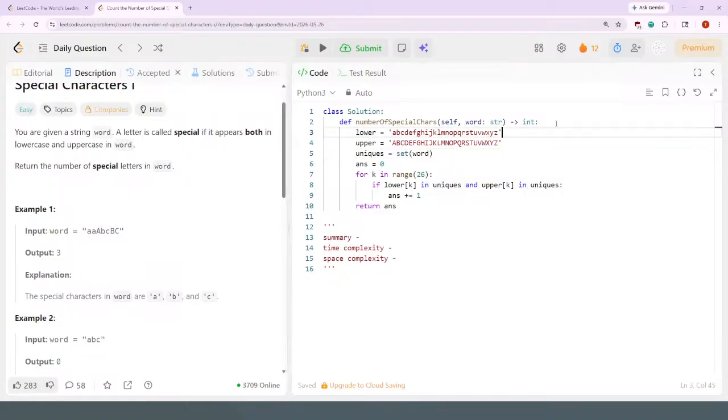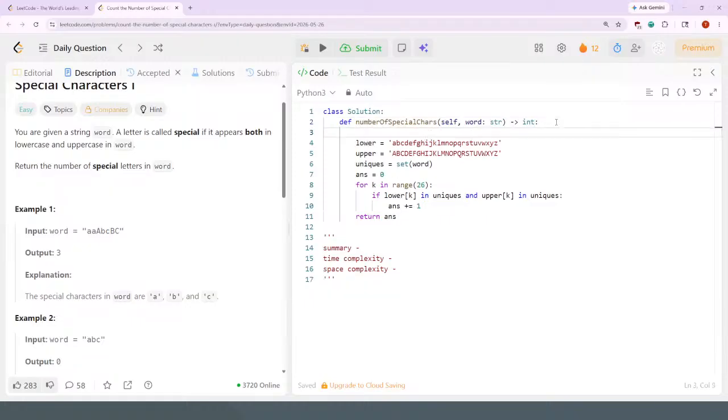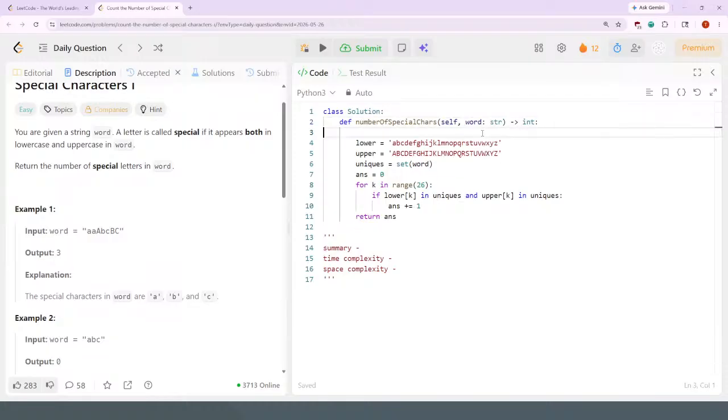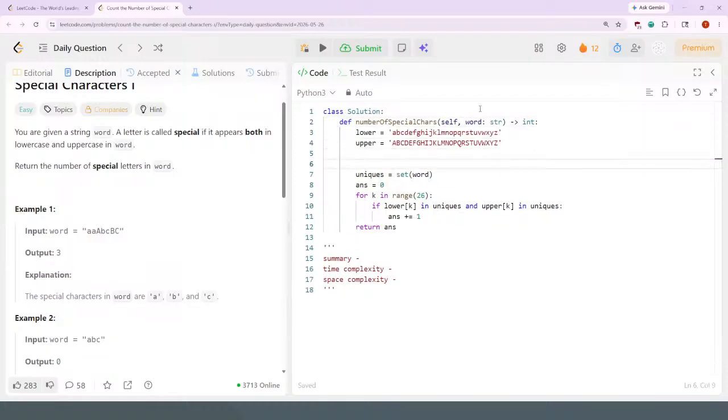Okay, let me say, I think I might still need uppercase and lowercase strings. So if I do a single pass where I go A, cap A,